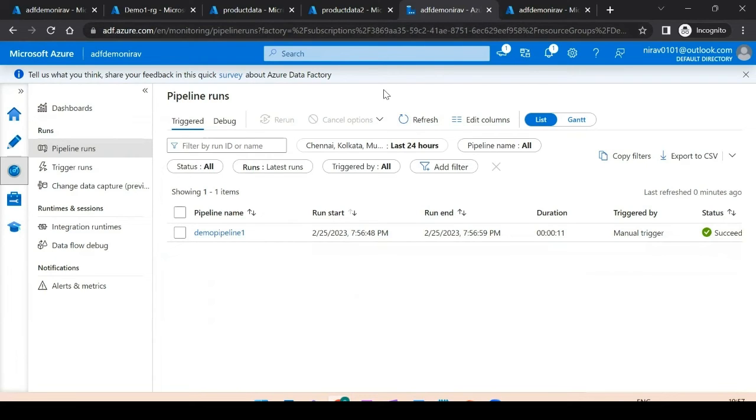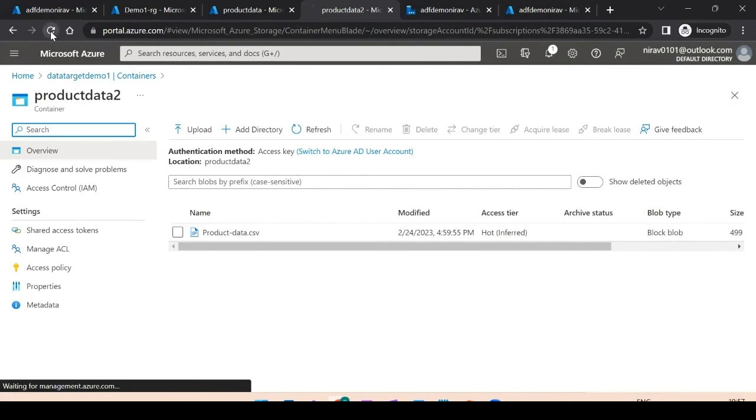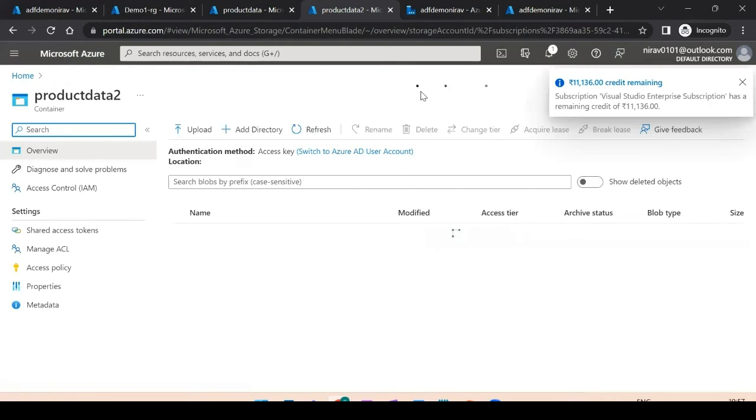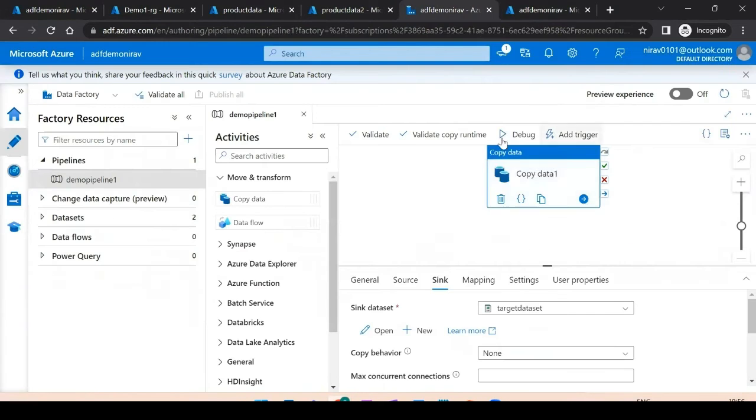If it is done, our Azure pipeline is successful. Let me go and check it. You see only one file because you have to refresh it. It takes time to come. And awesome.